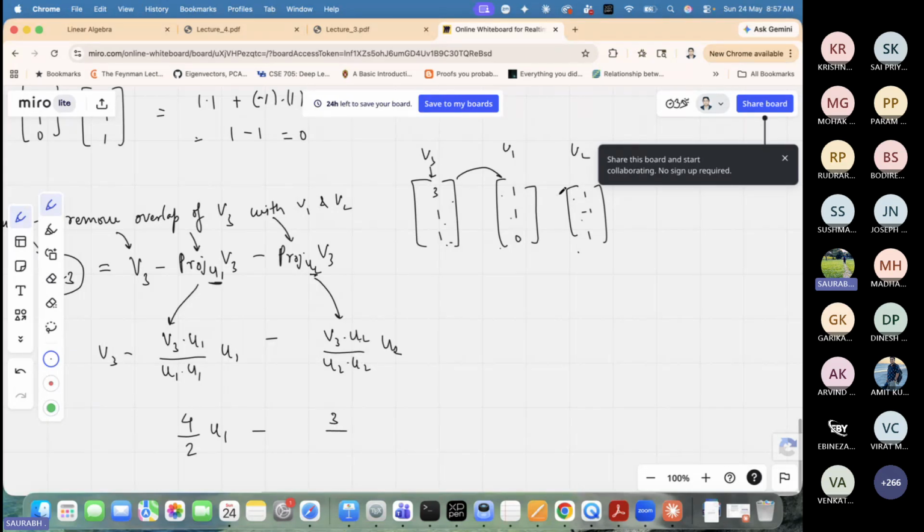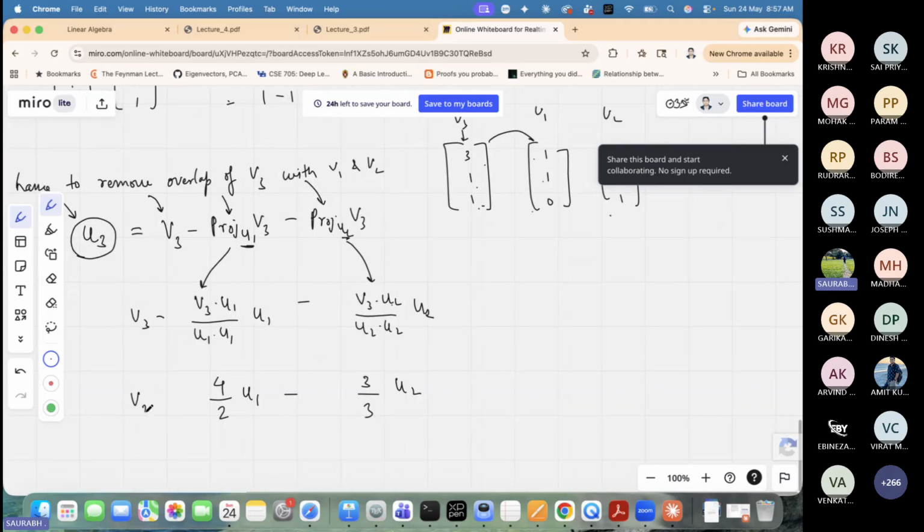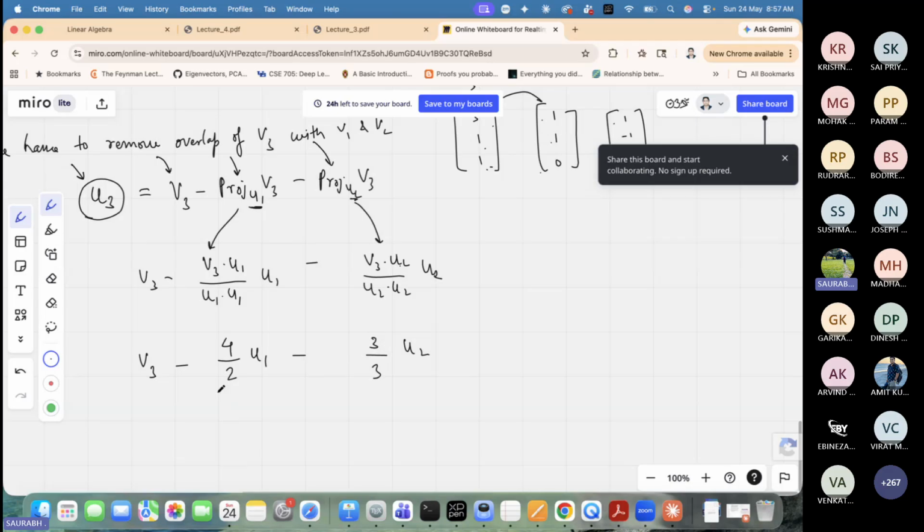I don't know what it is because I'm doing it live. So this particular part, u2 dot u2, the denominator part, would be 1 dot 1, minus 1 dot 1, 1 dot 1. It should be 3, right? Into u2. Now basically what you are getting is v3 minus 4 by 2, or basically v3 minus 2 times